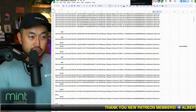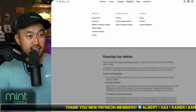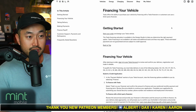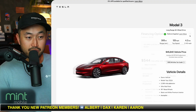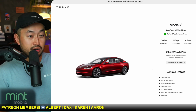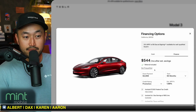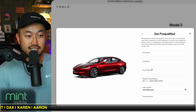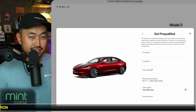The next step, number 2, is pre-qualify for financing. On Tesla's website, they do have a section where you can do a pre-qualification on any of the vehicles. How you get there is you find this one right here that has a $5,150 discount. Hit the financing button right here at the bottom, and there's a button that actually says get pre-qualified. You'll fill in your information,